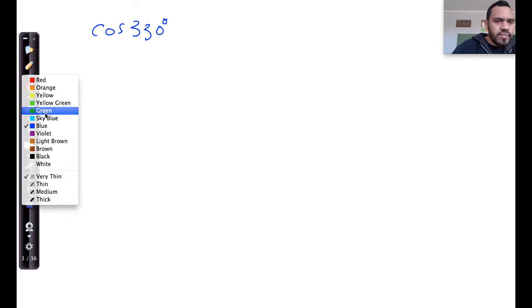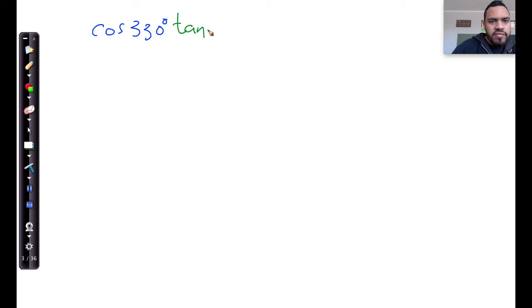Example, this is another question that asks us to do this without actually using a calculator. So the question is cos of 330 degrees multiplied by tan of 150 degrees, all divided by tan of 315 degrees. Now, remember, you have to have foresight already, and foresight's telling me this is all going to work